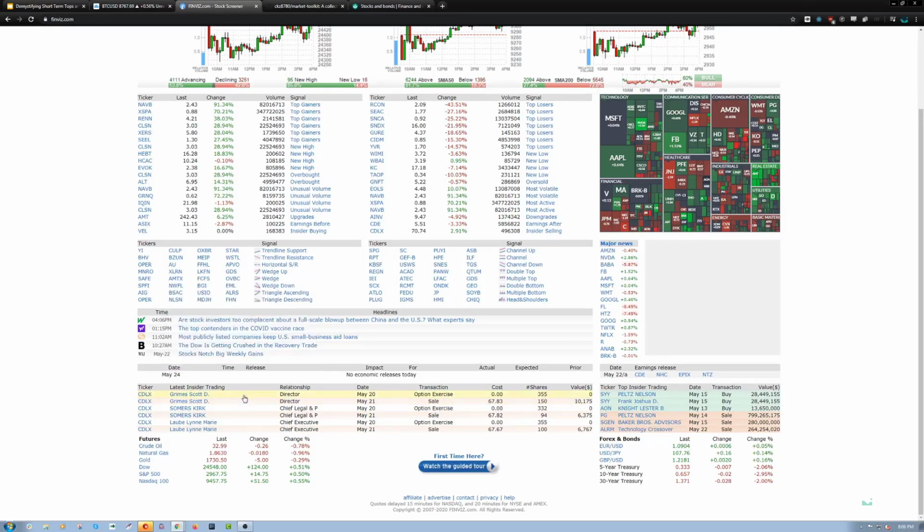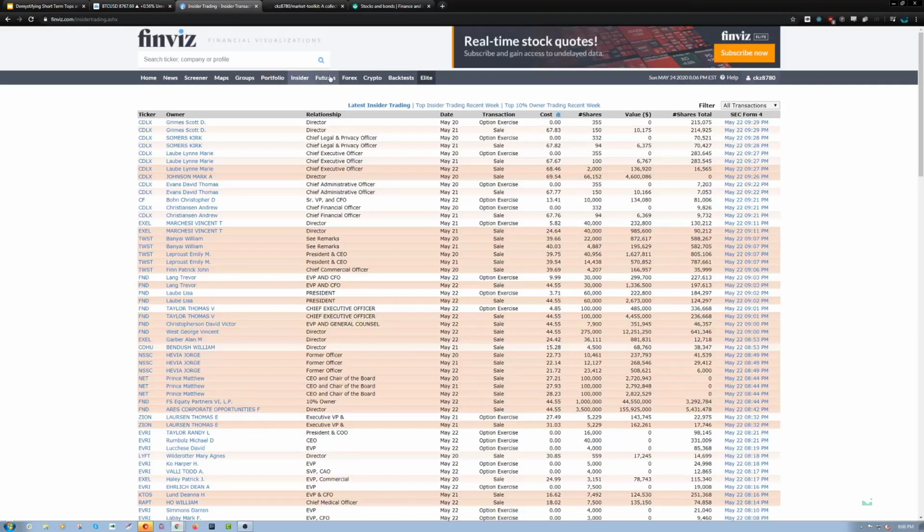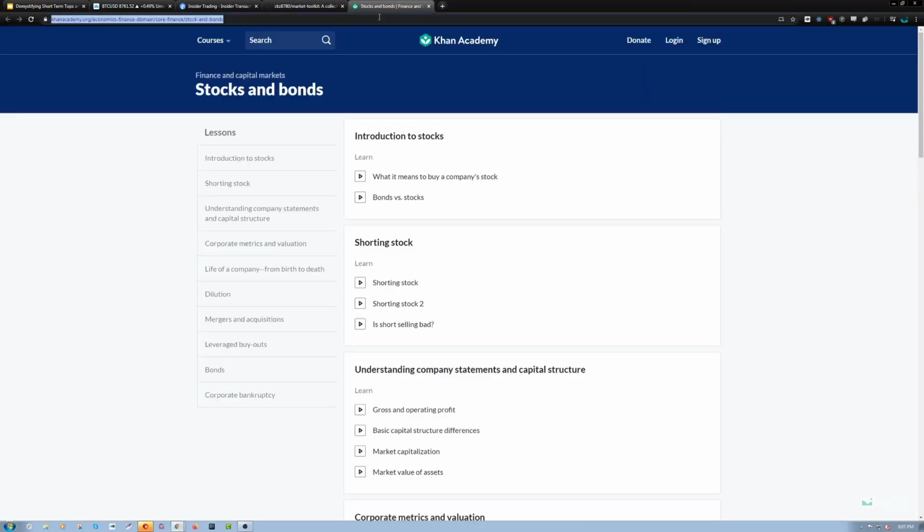Here it is. So it's under insider on FinViz. I will occasionally use these just to look for ideas, but typically I'm a more technical trader, and insider trades are usually for longer term moves. But there are definitely some good ideas in here. The other thing I use, shameless plug,